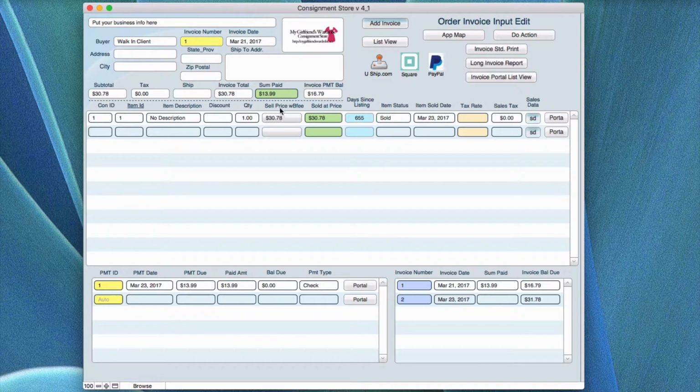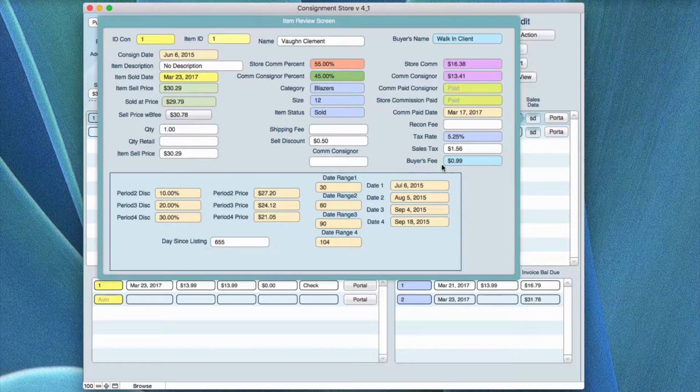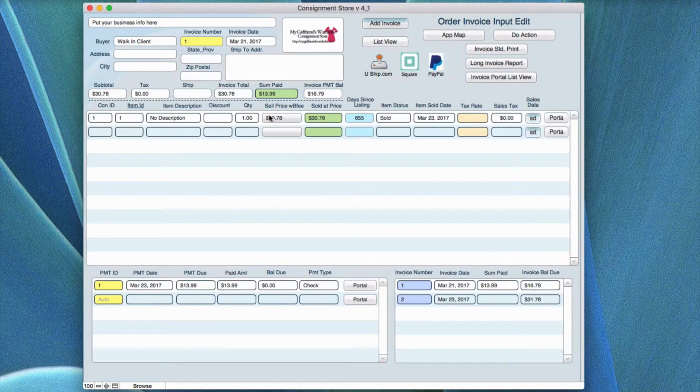This, I'm going to repeat, is the actual sell price with the buyer's fee. The buyer's fee we explained before is whatever you put on in this record over here. Let's pop back over and look at that. The buyer's fee in this case was 99 cents. You can put whatever you want there that is added to the price and put into the sell price